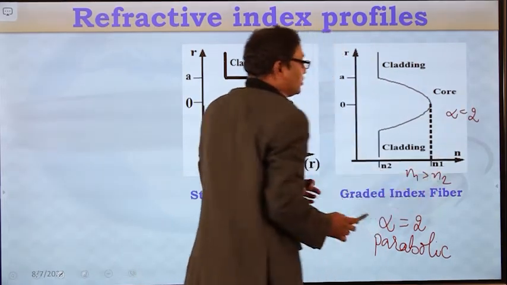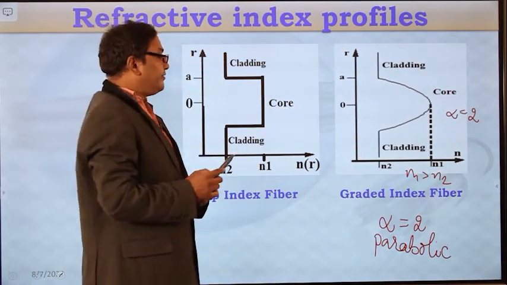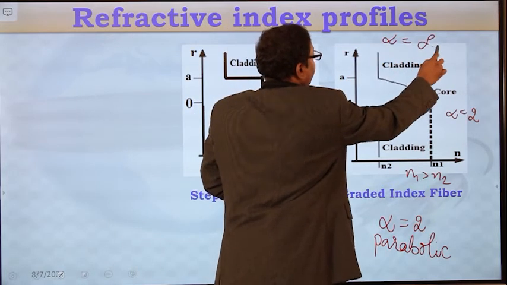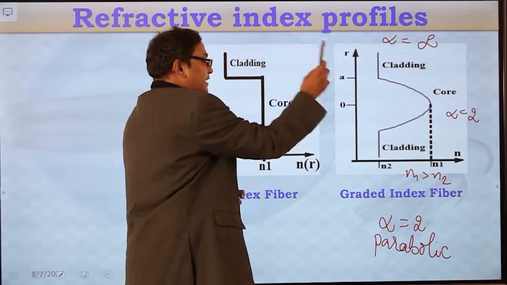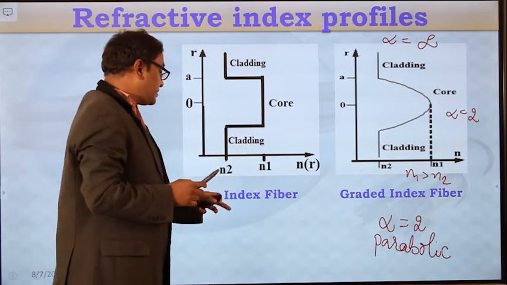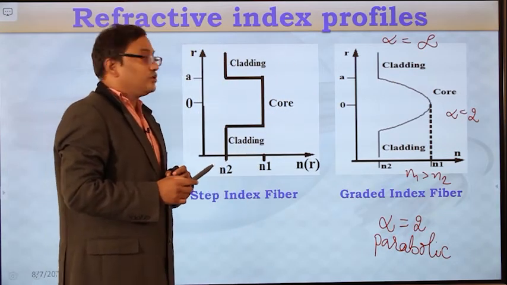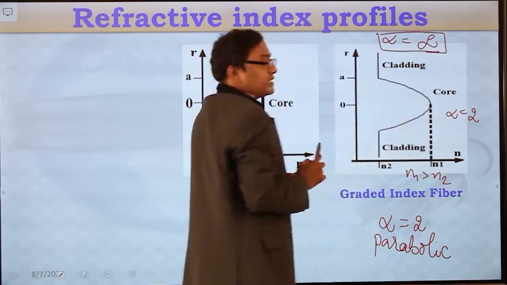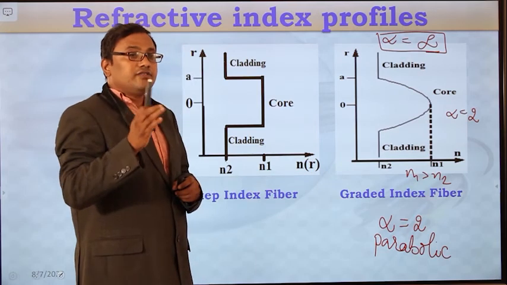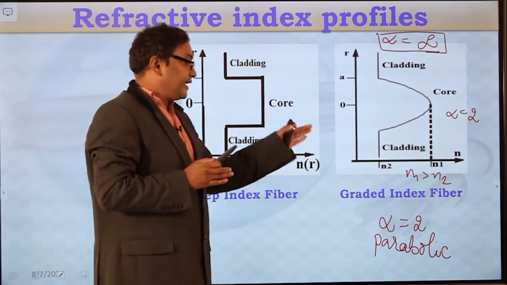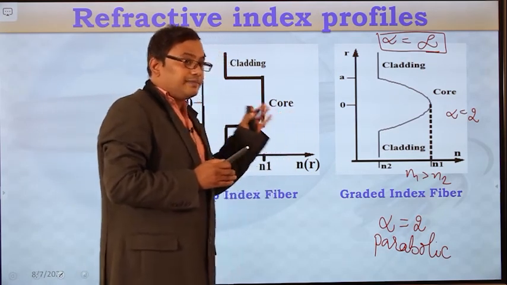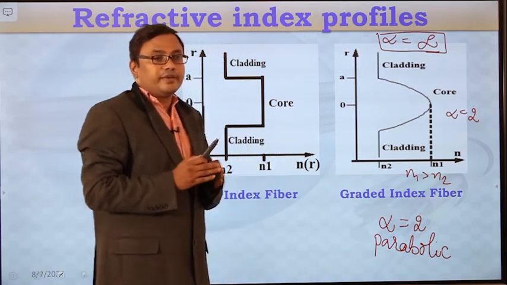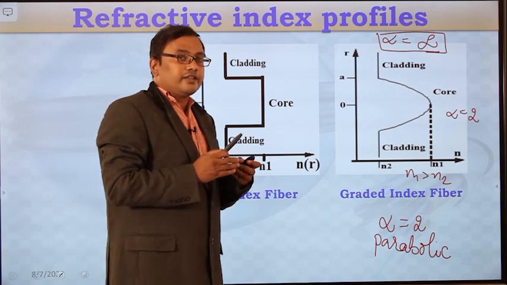And if alpha value is equal to infinity, then this graded index fiber will behave as the step index fiber. For this particular condition, the core refractive index will be maintained constant. So for alpha equal to infinity, the graded index fiber will function as the step index fiber, and for alpha equal to 2, it will give the best performance, and it will provide very low attenuation losses.